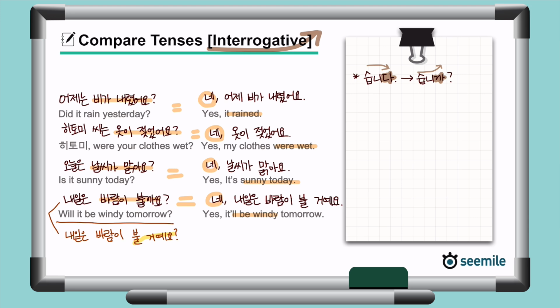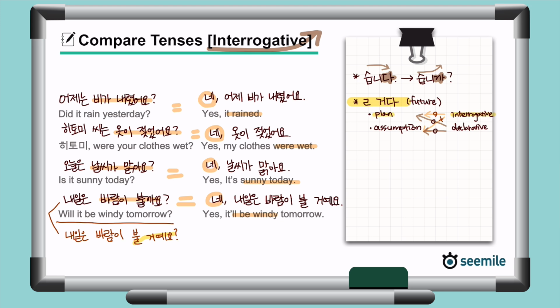Why is that? To explain more about the ending 을 거다, I would have to tell you that in most cases, it indicates the plan, the subject's will, or the speaker's assumptions about future events or states. But when it's used in interrogative sentences, it tends to imply not the speaker's guess about something, but only his personal plan or will. But as you know very well, the weather isn't something we can plan or change based on our personal will. So it would be odd to ask what the weather will be like in the future using the ending 을 거다.